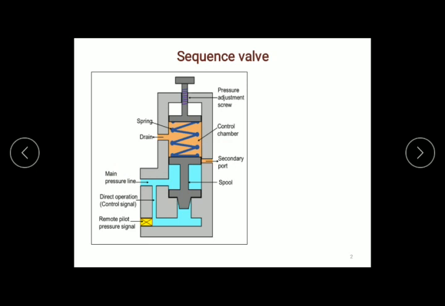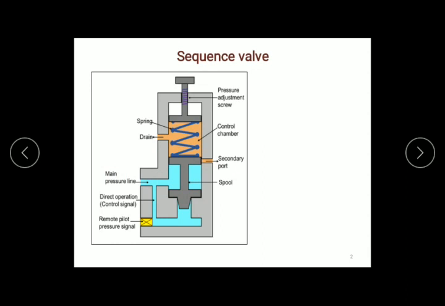In normal operation, the oil cannot transfer from the pressure line to the secondary port because the secondary port is blocked by the spool. Once the spool moves in the upward direction, there will be a passage from the pressure line to the secondary port.